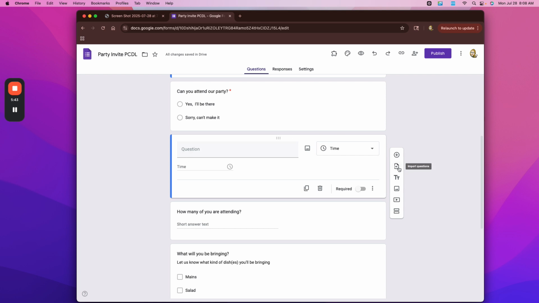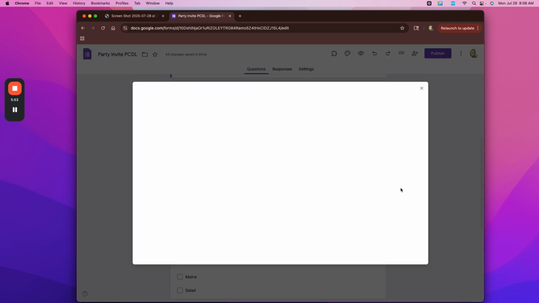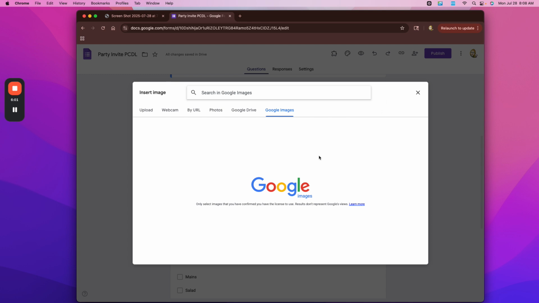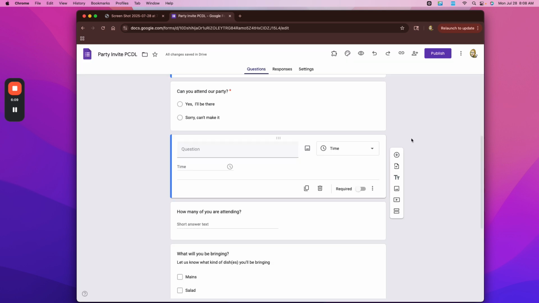This is also where you can import a question, but you're also going to be able to change your information here as well. You can add an image. So if I wanted to add an image, I would click here, and then I would be able to use any of the images that I might have available, be it my photos. I can upload something if I have images in my Google Drive, and I could even add a video if I so chose. And then you can even separate things out into sections depending on how